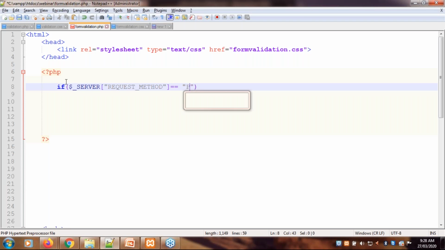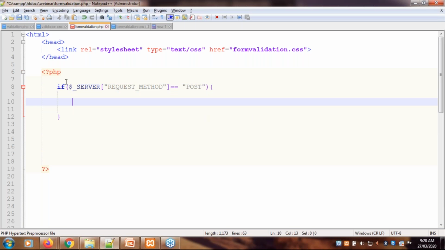If this method is post, then we have to perform validation, right? So first we will check the name, whether it is empty or not.